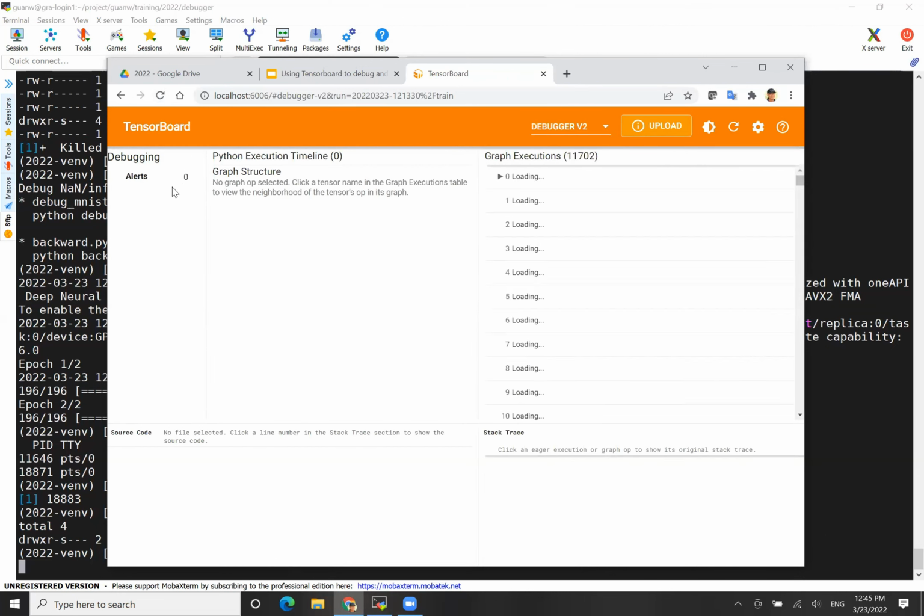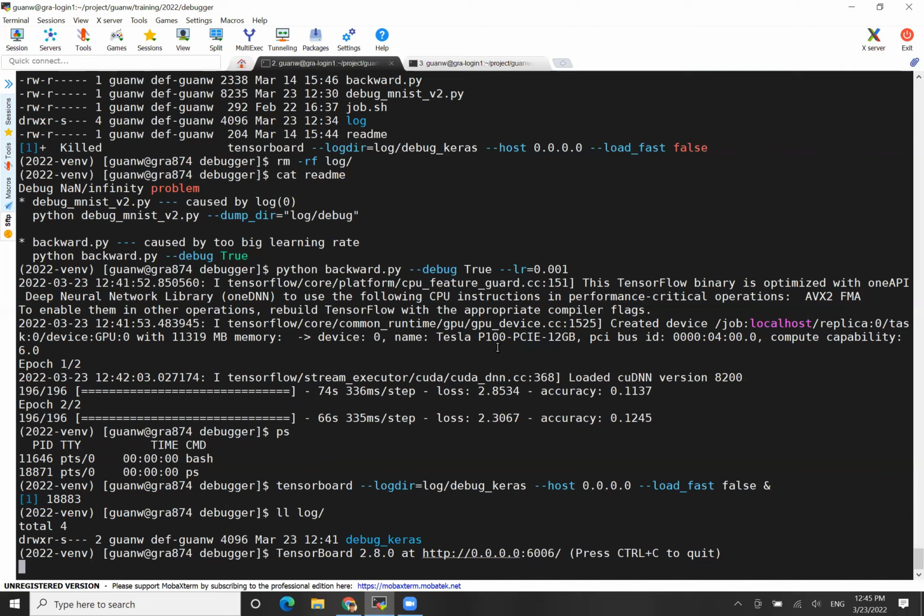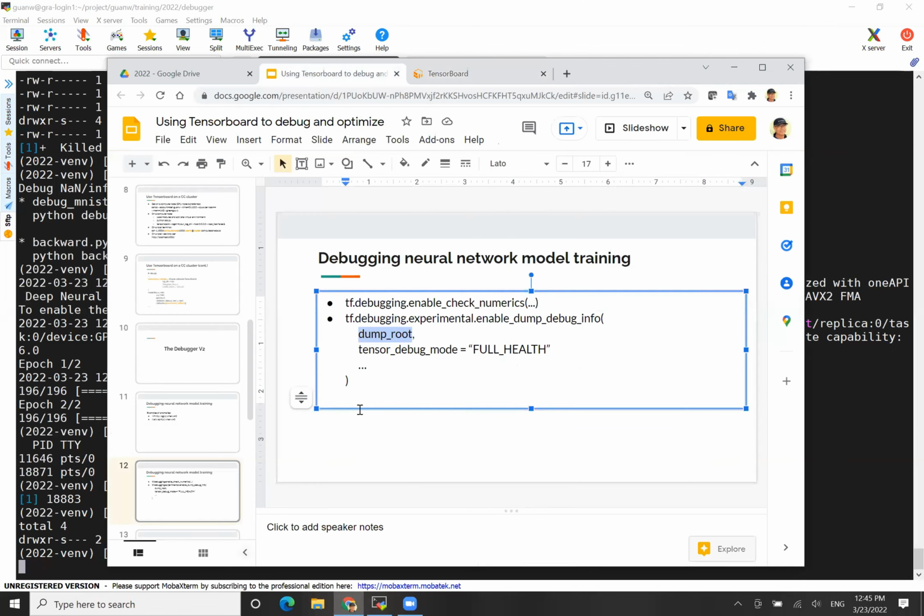Give it some time. You see, alert is still loading, but I'm sure alert is 0. Just pay attention to this part. Okay, alert is 0, so that means we have fixed the problem. All right, so we have some time. Let's move on to the next topic, which is